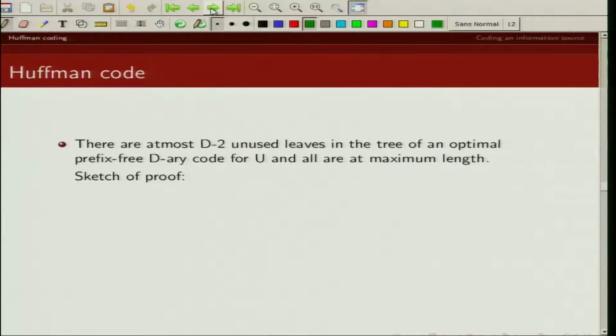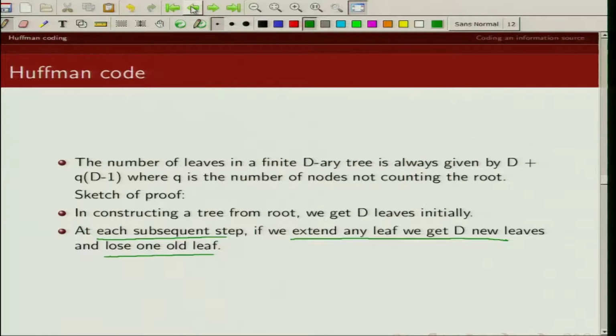So if we do Q such extensions of this tree, we are going to get D plus Q times D minus 1 leaves, where Q is the number of nodes not counting the root, because if we start from the root we get D new leaves, but subsequently when we extend a leaf we create D new leaves, however that particular leaf now becomes a node.